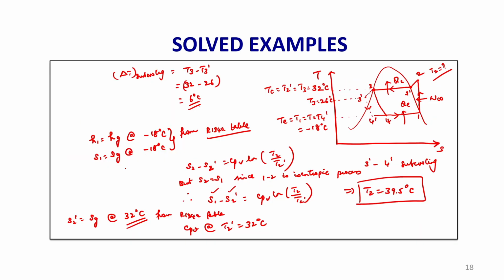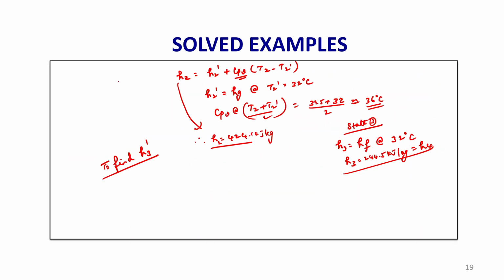If we want to find a superheated point, this is superheated enthalpy. But in case of 3 dash, it is in the subcooled region, therefore, subcooled enthalpy. H3 dash is equal to,